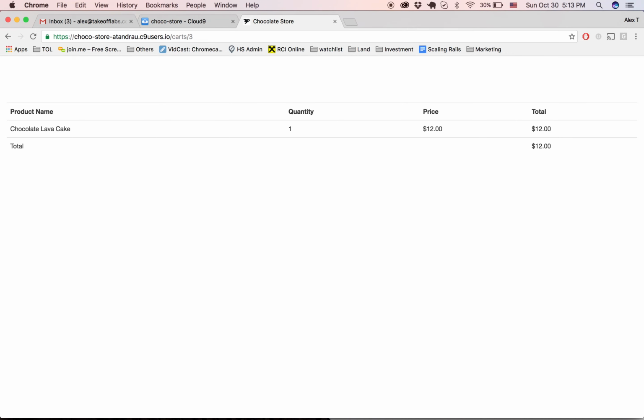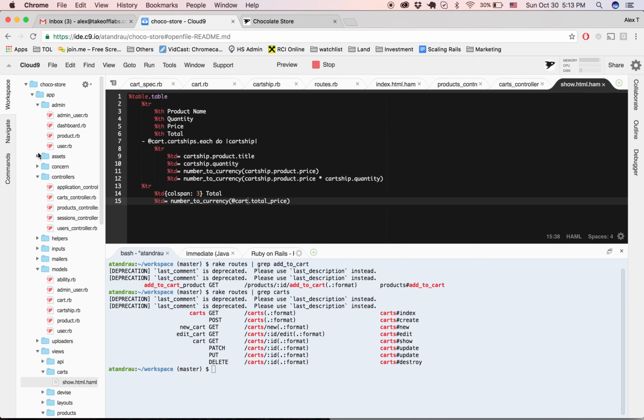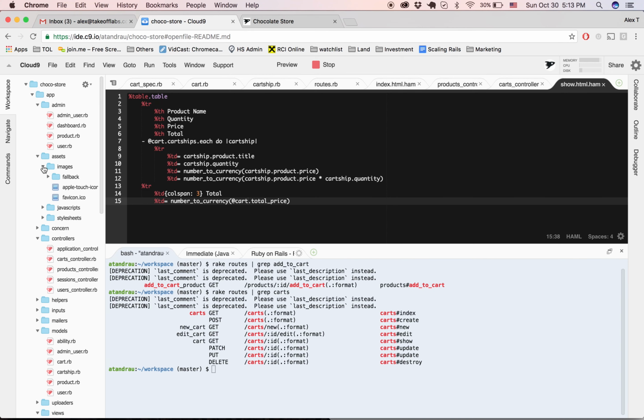Okay, so now I'm looking at the cart, but I find it hard to navigate back and forth between the home page and the cart. So what I want to do is to add a simple header bar on top, which includes a logo and includes the status of the current cart, so I can navigate back and forth between the home page and the current cart. So what I'm going to do first is I'm going to go into App, Assets, Images,